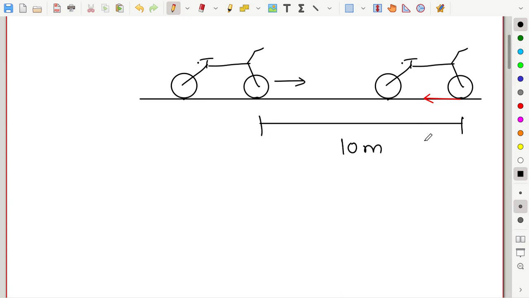So this is the displacement. During displacement, the force due to the road on the cycle is in the opposite direction and it is given by a value of 200 newtons. So the displacement is in this direction, and the force is in this direction. Therefore, the angle between